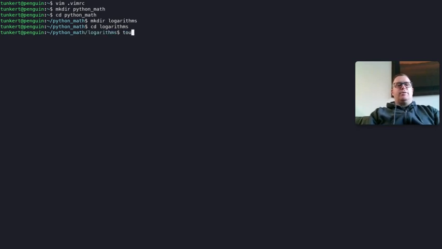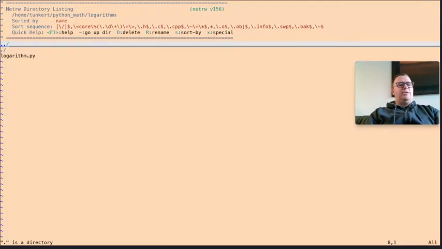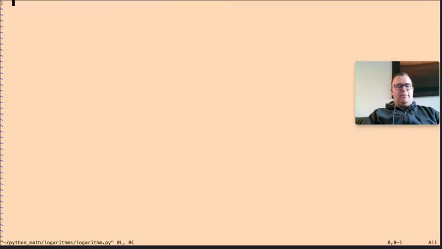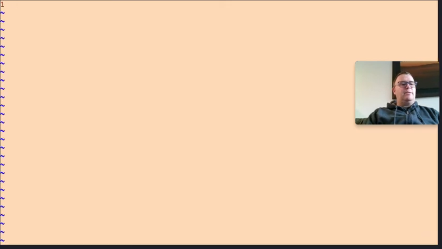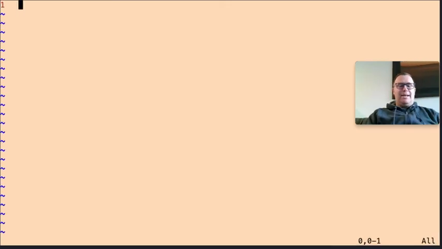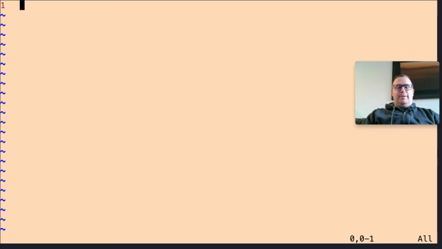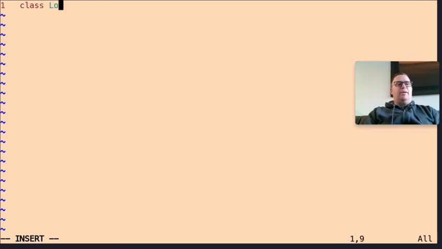And let's create some files. Well, let's create one file called logarithm.py. And let's just vim into that file. Notice we got that nice peach puff. Okay, now I'm going to increase my font here so you can see it with this nice peach puff text editor. Okay, I'm going to go to insert mode and create a class, and we're going to call that class